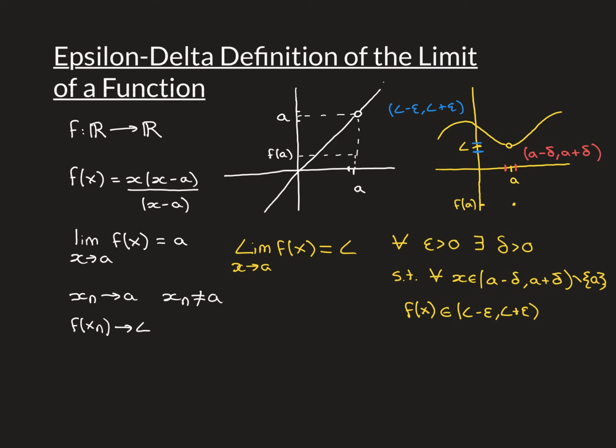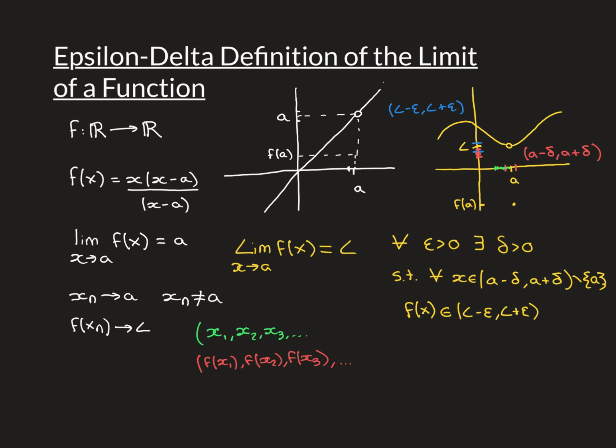Now you might think that would have been a nice place to end the video, however we're not going to, because we've still got a lot of interesting stuff to look at regarding this definition. So we're now going to look at something that is an equivalent formulation of this concept of the limit of a function. So we'll see how it's equivalent to this epsilon-delta definition, and it's called the sequence characterization of the limit of a function. So let's firstly look at how this implies the sequence characterization, and then we'll look at how the sequence characterization would imply this, meaning that they are equivalent to one another mathematically.